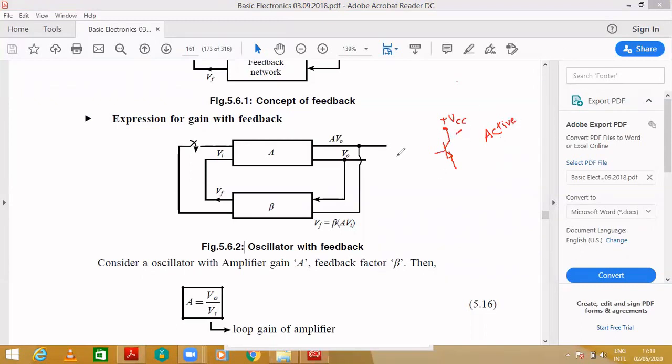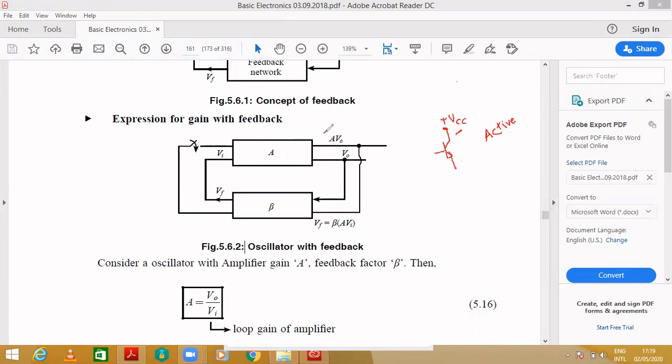So here we are not giving any input to the amplifier, meaning we are not making any input excitation, but there is some noise produced from the transistor, and this noise will be taken as an input, and the same noise will be amplified by the amplifier and it is given.